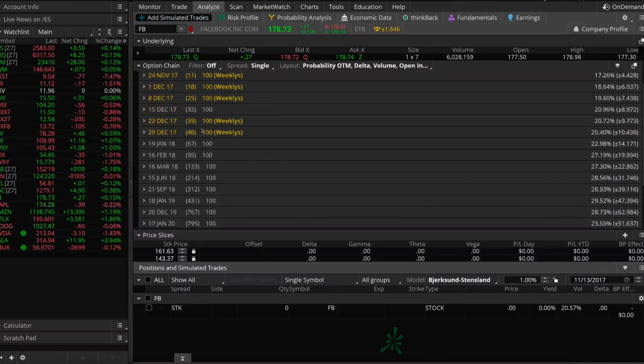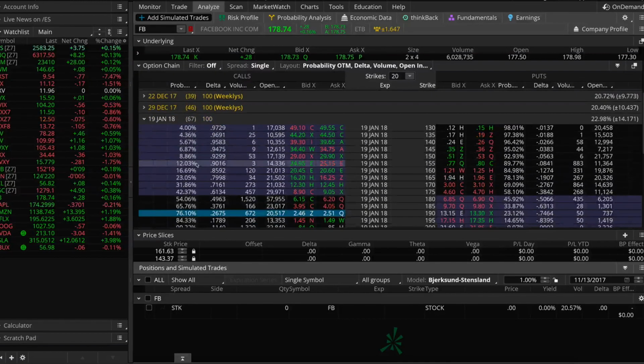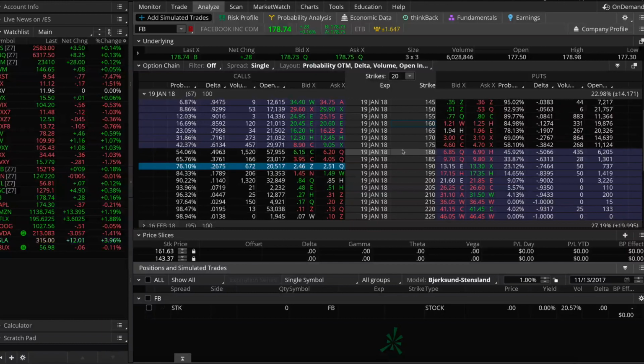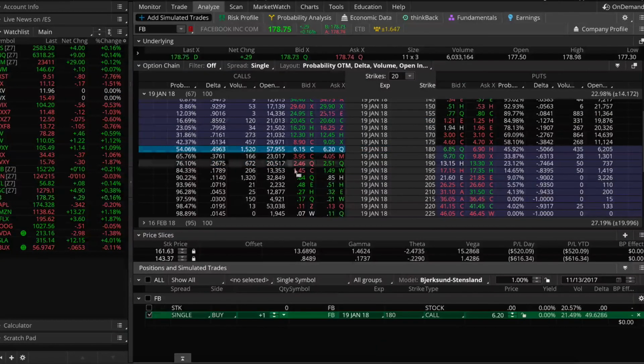For this example, we're going to go to the expiration cycle with 67 days to go, and that's going to be the January 2018 expiration cycle. We're going to use the at-the-money long call, and then we're also going to use that same strike and sell another call against it to create our call spread. The closest strike price to the current Facebook stock price is $180. So to buy that call option, we're going to click on the asking price of $6.20,